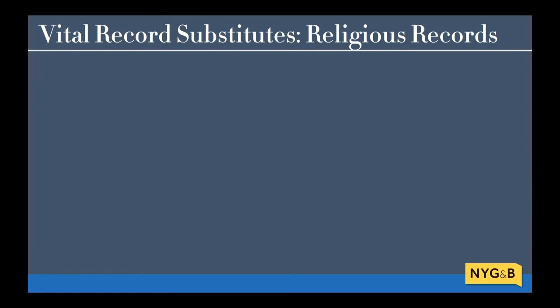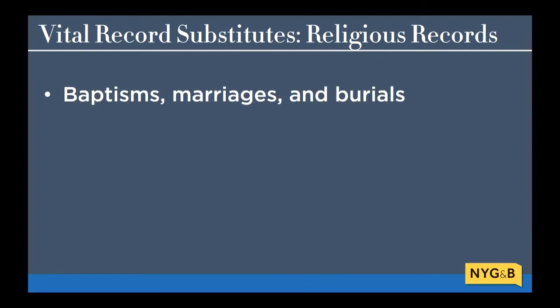In fact, for many ancestors, a church record will be the only record that exists that tracks with a birth, marriage, or death event. Now, keep in mind that church records don't necessarily precisely mark a birth, marriage, or death per se, but they do commemorate what are often very adjacent events. In religious volumes, you'll find baptisms, marriages, and burials, which closely track with births, marriages, and deaths. You should be careful with baptisms in particular, though, because adult baptisms were not at all uncommon.